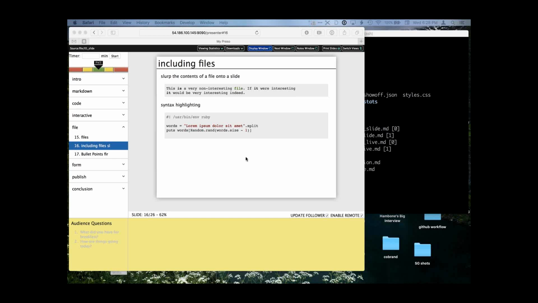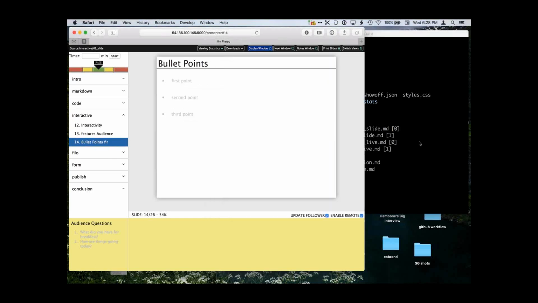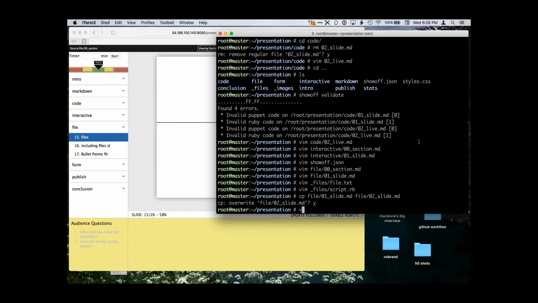You can also attach a file to a slide for downloads. So I'm going to come back over here, and I'm going to copy file 01 to file 02. Yes, I want to overwrite it.